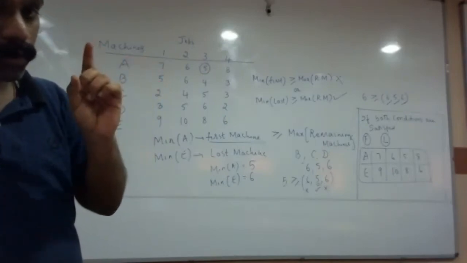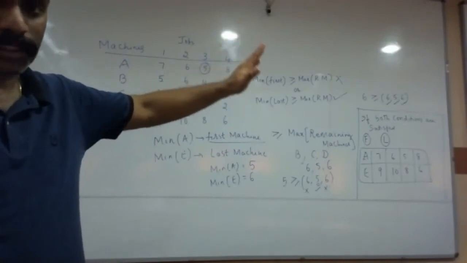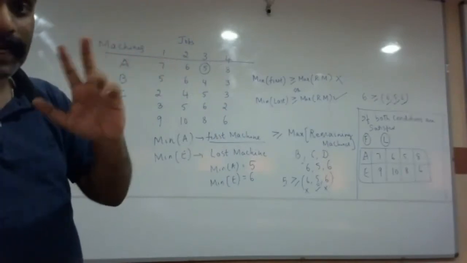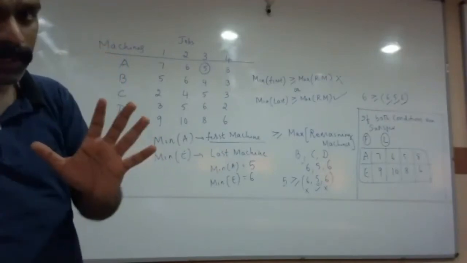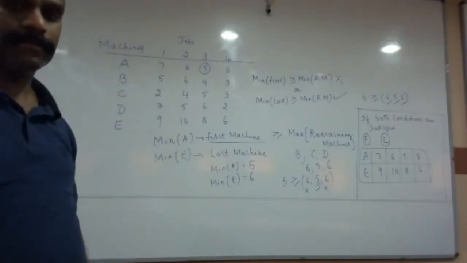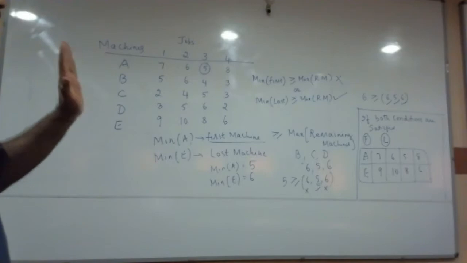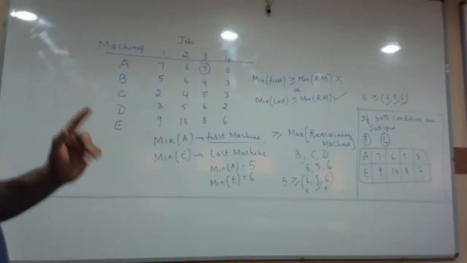Here the most important point is, when am I supposed to convert the problem into two machines directly? When am I supposed to introduce fictitious machines? That clarity one should have. Have you all understood this step clearly now, everyone? Any questions, any doubts? Hello? No, sir. Okay.